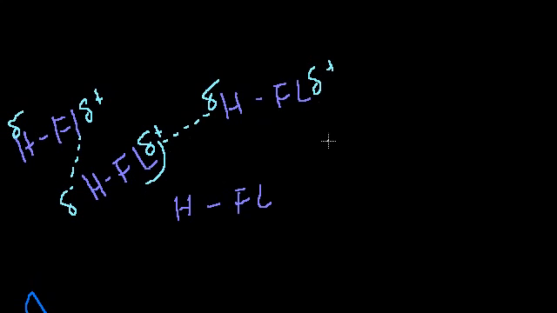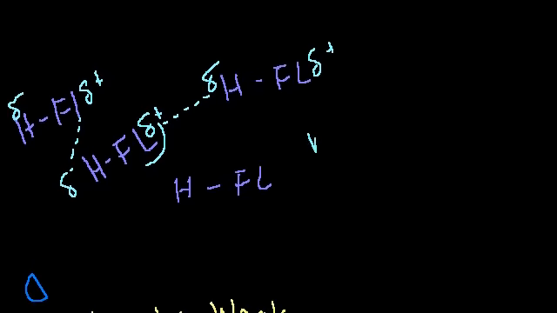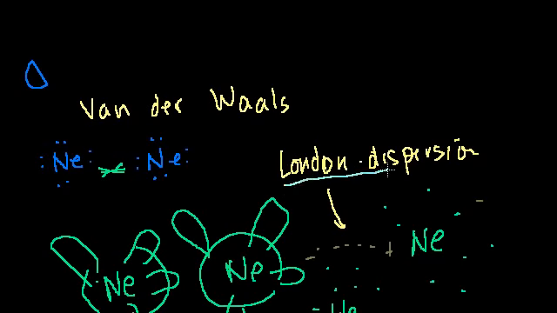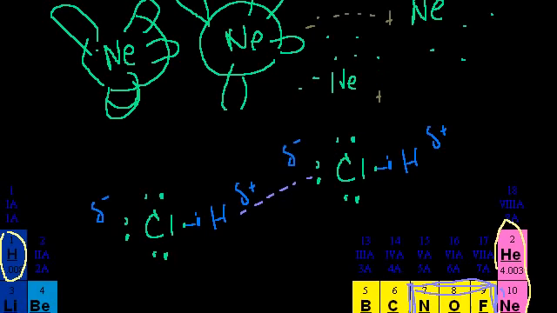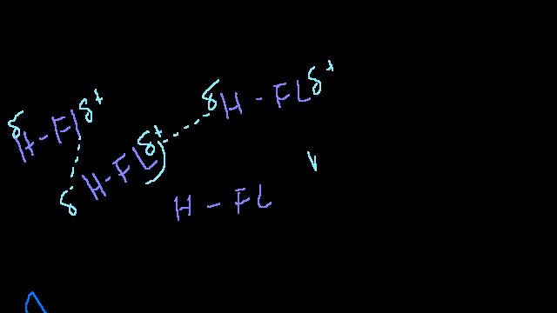All of these are van der Waals. The weakest is London dispersion. Then if you have a molecule with a more electronegative atom, you start having a dipole where the molecule becomes polar, and you have the interaction between the positive and the negative side of the poles. It's a dipole-dipole interaction. And then an even stronger type of bond is a hydrogen bond, because the super electronegative atom is essentially stripping off the electron of the hydrogen, or almost stripping it off. I mean, it's still shared, but it's all on that side of the molecule.